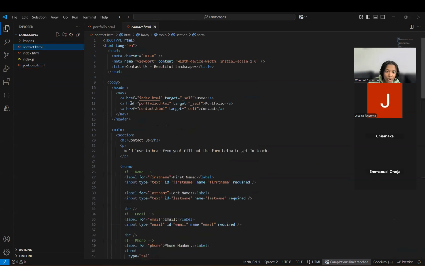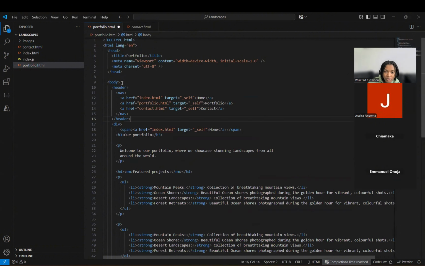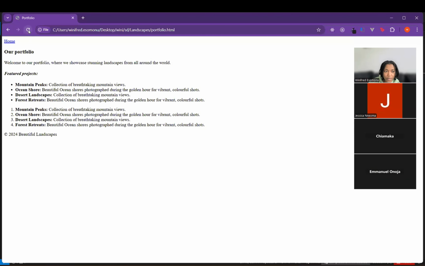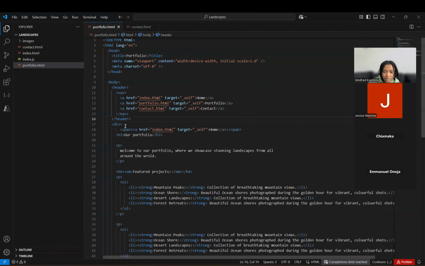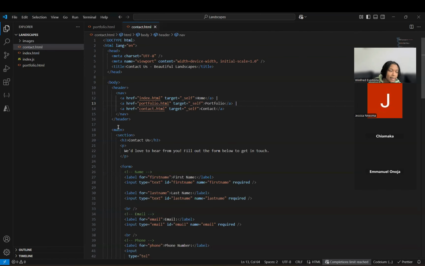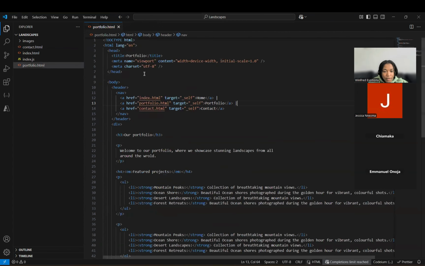I want my navigation back here because I don't want to have to use the back buttons. So I'm going to include my navigation again in my portfolio page. I have home twice, so yes, this one. And then after that, we have our main. In here, the next thing to do,